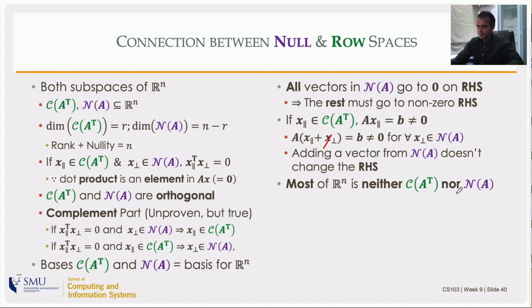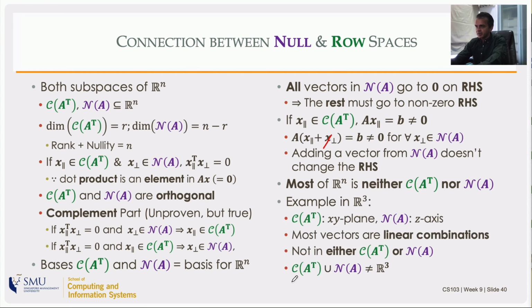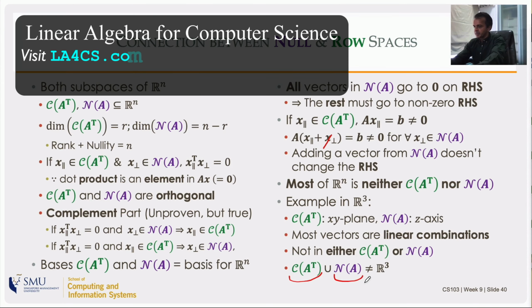It is important to realize that the union of the row space and the null space would be just a part of the input space. But it's the span of all those vectors that will actually cover the input space. Now let's go through a bunch of